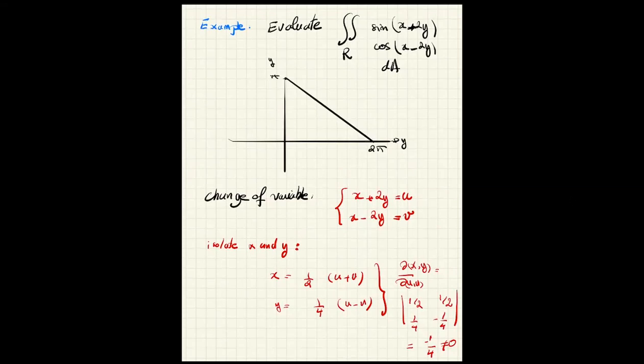Now, the other thing is, now you have to check the region, right? So this is the region R, right? And then you have to do the same exact thing. Take the boundary, when y is equal to 0, or when y is equal to x and x is equal to 0. Isolate u and v. You have to do it backward, just the exact same thing as we did before, but the other way around. Like, for example, for this